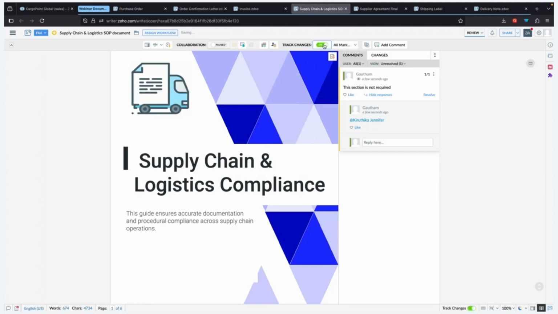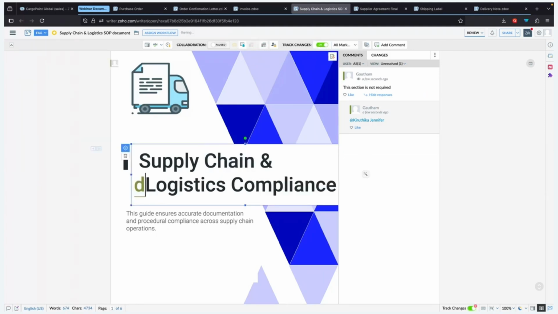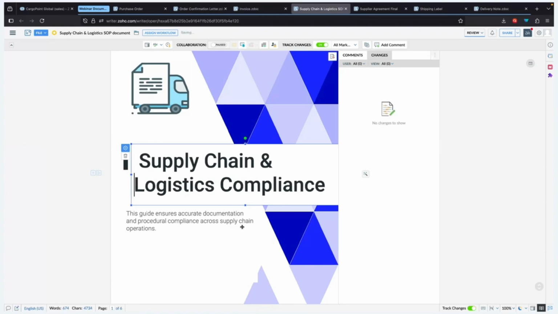Furthermore, if you'd like to send out the document for final review, you can enable the track changes option so that any changes made by the users will be tracked, and you can either choose to accept or reject them based on your convenience. Now once this collaboration is completed, you can go to assign workflow